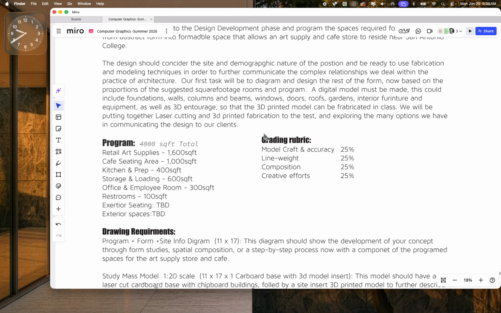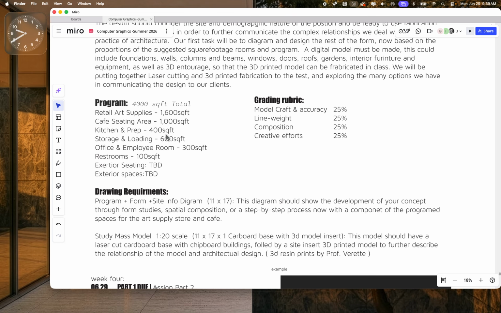Obviously it's still at 1 to 20, so it is pretty small, and essentially your study model will be at an 11 by 17 base, right? So it's exactly like that image that I gave you of our site, right? That one is already at 1 to 20, but we'll get into some of the details. For the program,